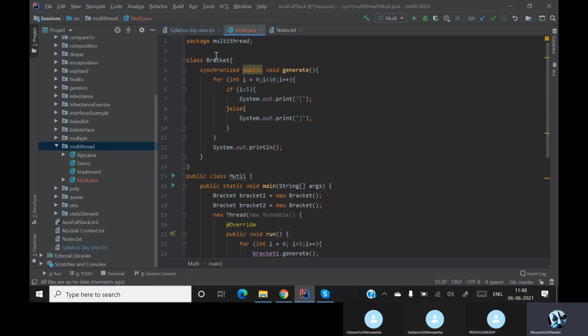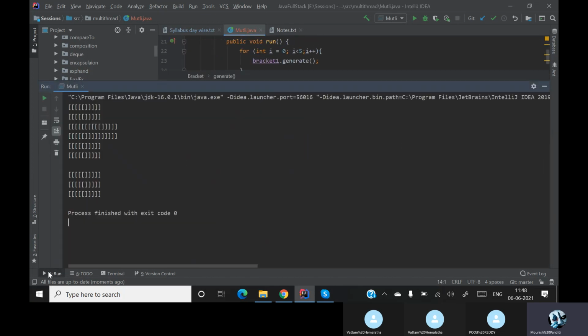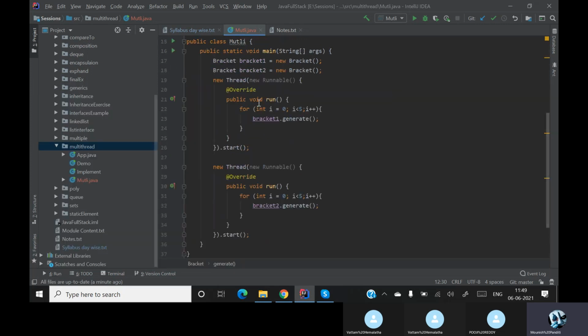So this synchronized keyword put a monitor lock on this particular object and then it was making everything run in a synchronized way. But now what is happening? Two objects are basically running. These two objects will never be in a synchronized manner because the synchronized keyword is object driven. Got it? So for that reason, when you are trying to do this kind of thing, we prefer using one object other than two.